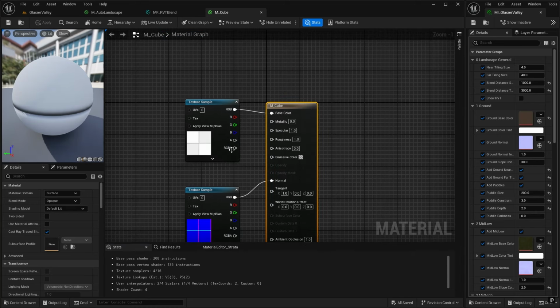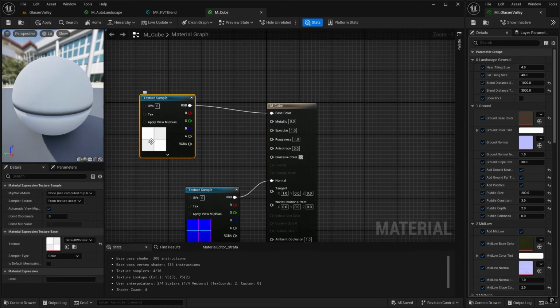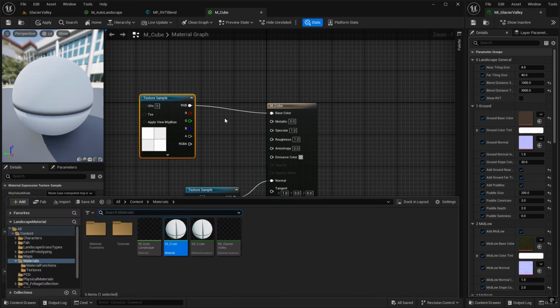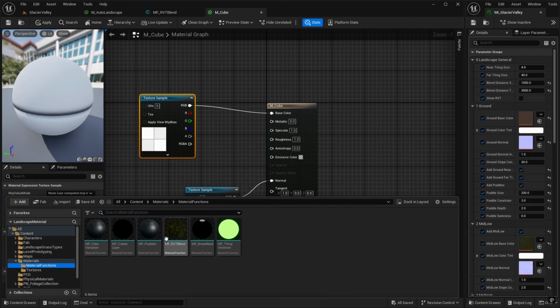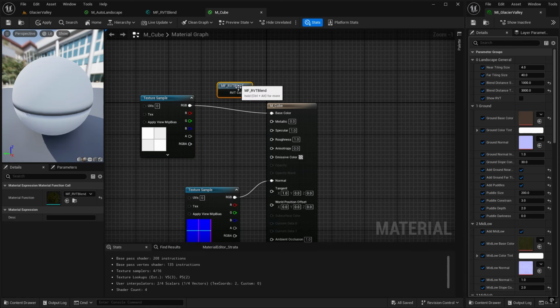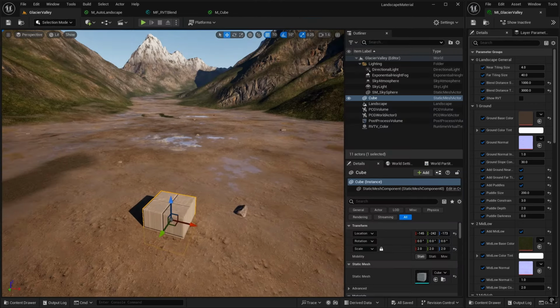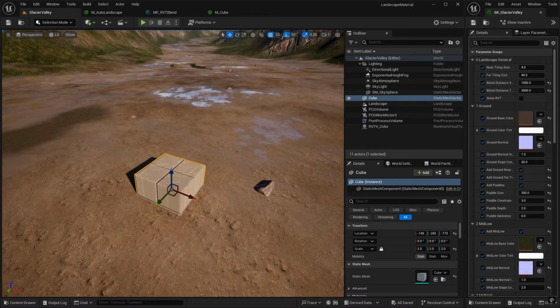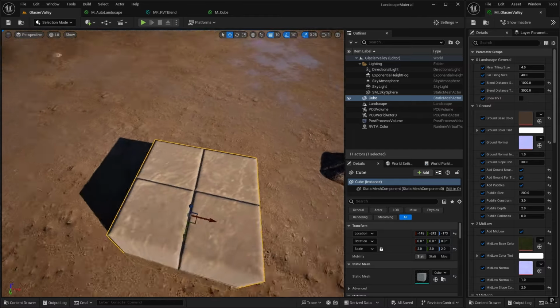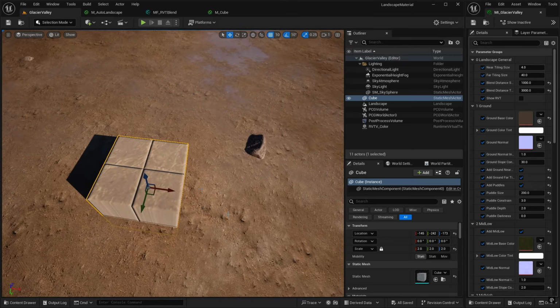And what I'm going to do is, instead of plugging our grid sample here, I'm going to use this material function. So in your material function, find MF RVT Blend. Here it is with an output of color. So instead of using the texture sample, I'm going to use the RVT asset color. And what you can see is that although the normal is staying the same, we have the texture color from